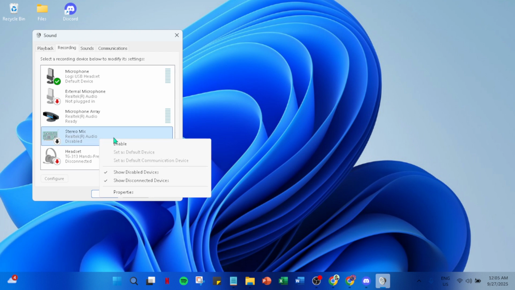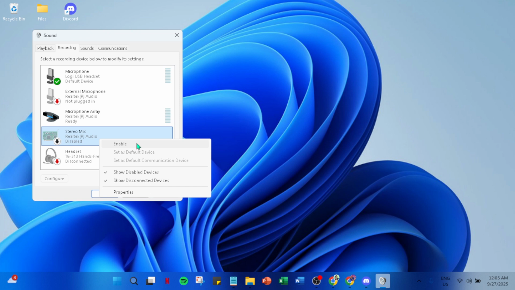Identifying and enabling the right device, such as Stereo Mix, is crucial as it plays a significant role in directing your audio output correctly. Now, once you find Stereo Mix in the list, you should right-click on it and select Enable if it isn't already. This option essentially allows sounds from different applications to be mixed and sent to your output devices. It's a feature that acts as a bridge, ensuring sound can be routed properly.